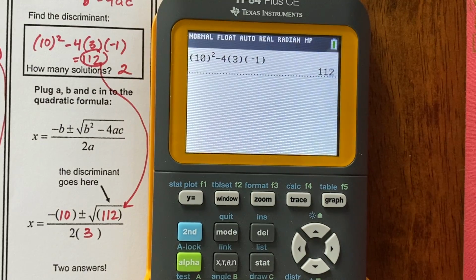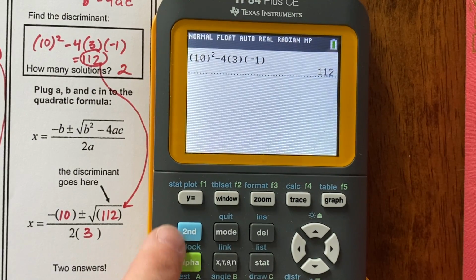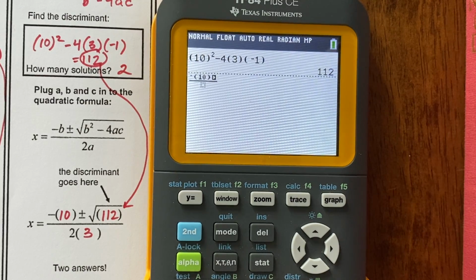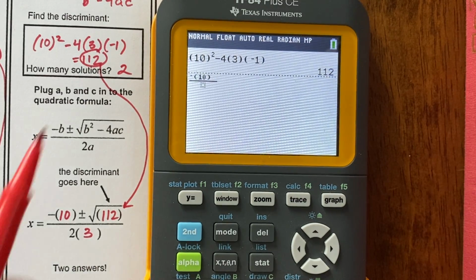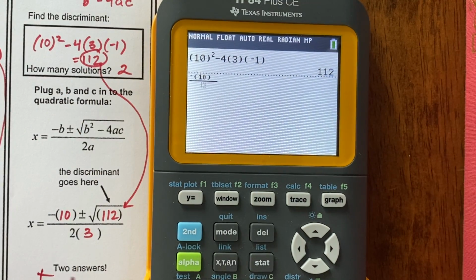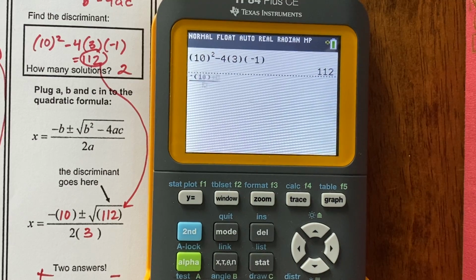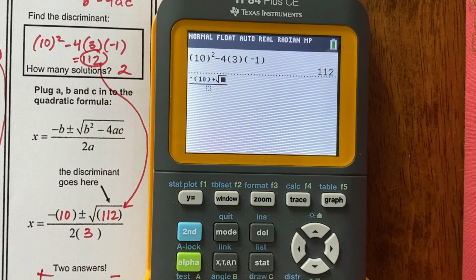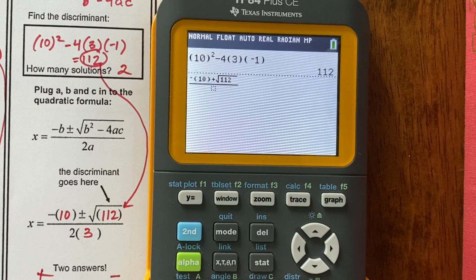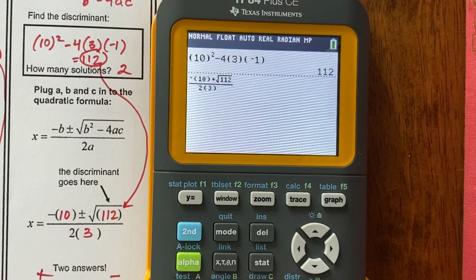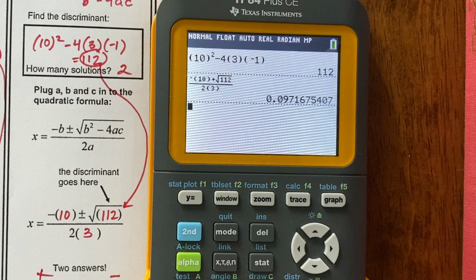Okay. So I can do alpha y equals to get that fraction. And just start typing in the top. Negative, parentheses, 10. And I have to do this twice, right? Because I have two solutions, as I know. So I'm going to do the plus version first and the minus version. So plus the square root, which is second x squared, in case you forget how I get that, 112, which was my discriminant, arrow out, so arrow to the right, now arrow down to the denominator, and I put 2 times 3. Again, that's 6, you can easily do that in your head, but it's okay. And I hit enter, and I get